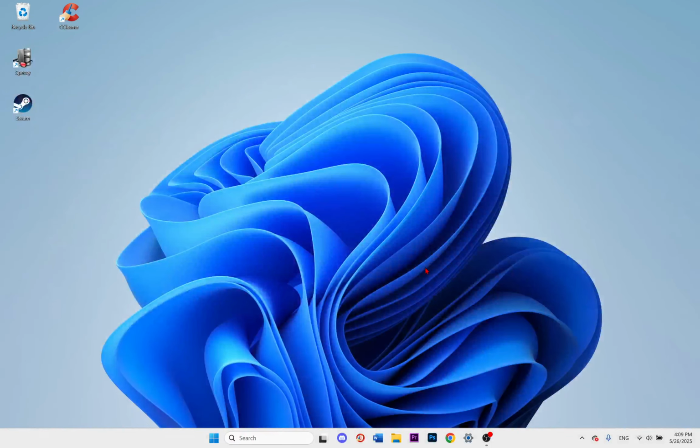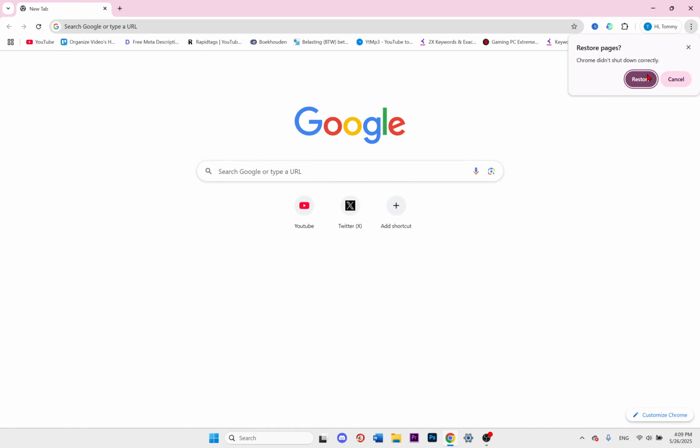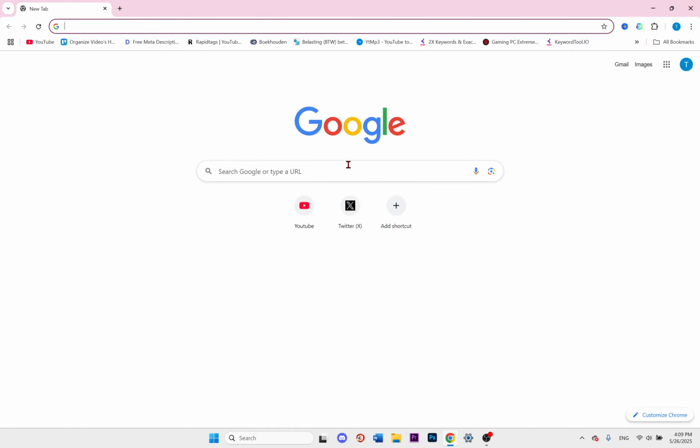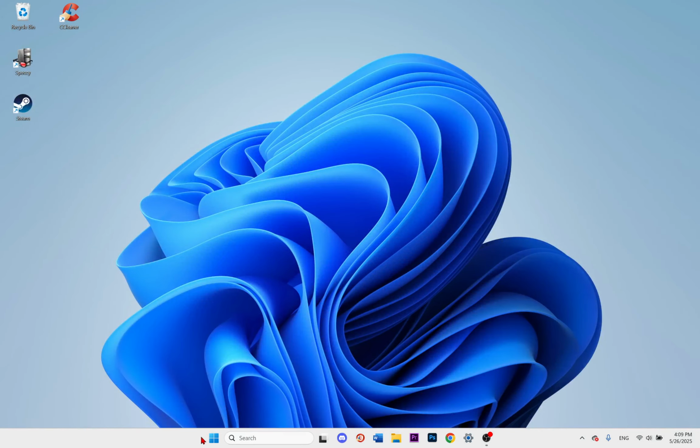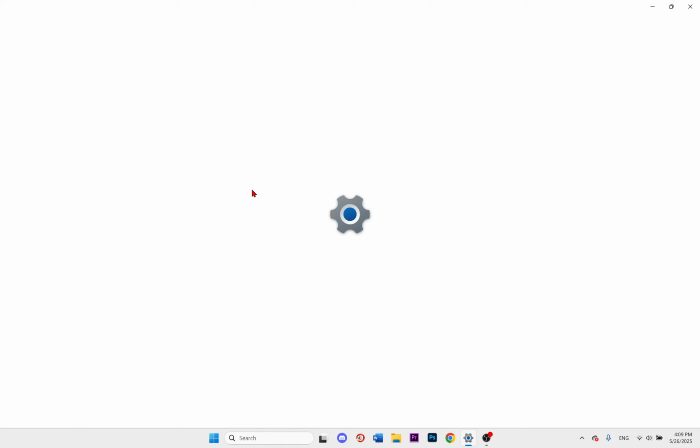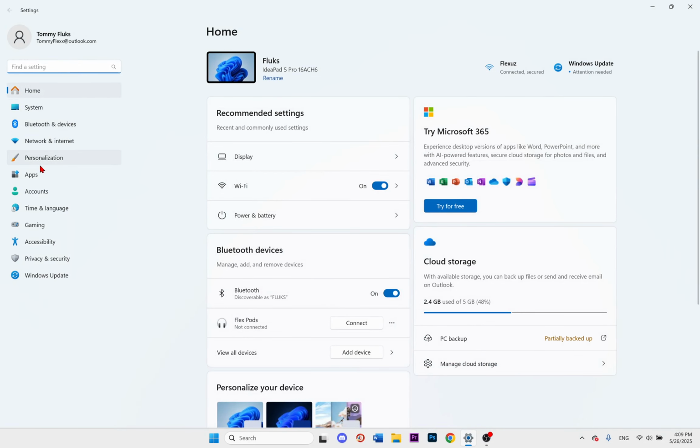Then right now we click this away, and right now if I go to Google Chrome, we can open Google Chrome again. When it still is not working, click this away, then go to Start, Settings, then click on Apps,